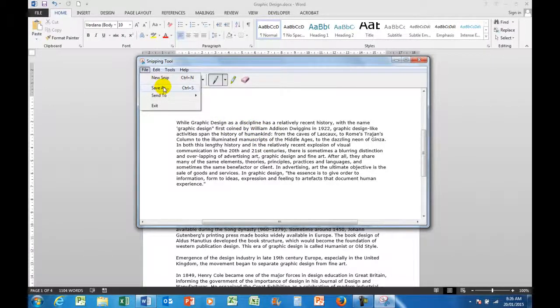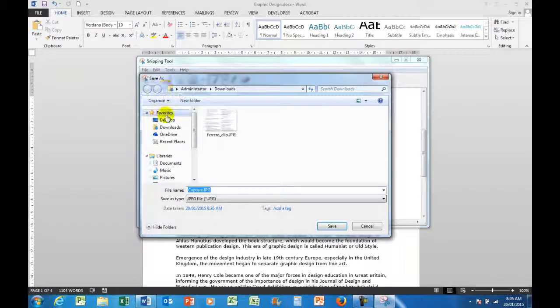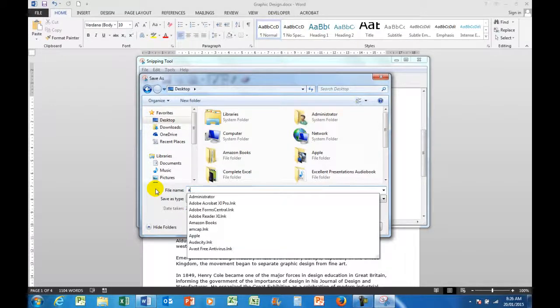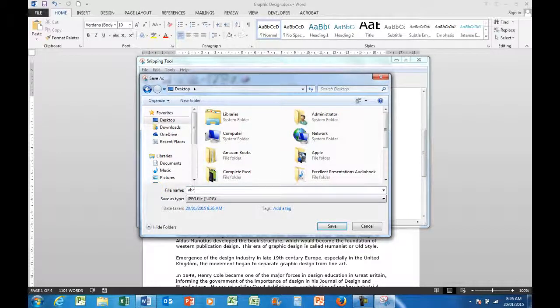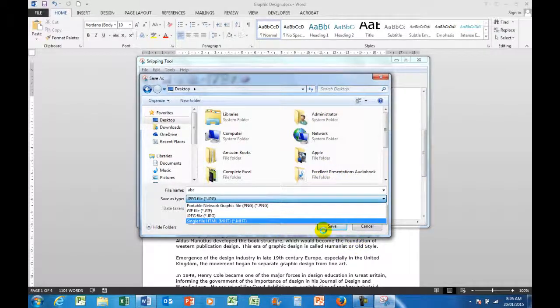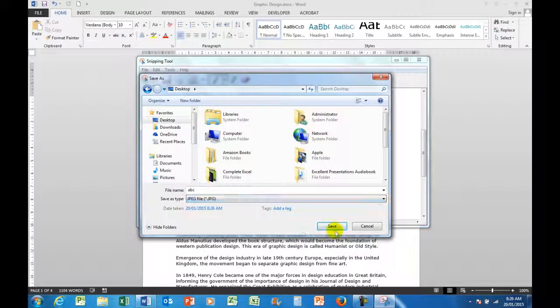File, Save As, and I'm going to put this little file onto the desktop. I'll call it ABC, and I see that by default the Snipping Tool wants to save this file as a JPEG. If I wish, I can save it as other types. I'll just save it as a JPEG at this stage. So when I click the Save button,